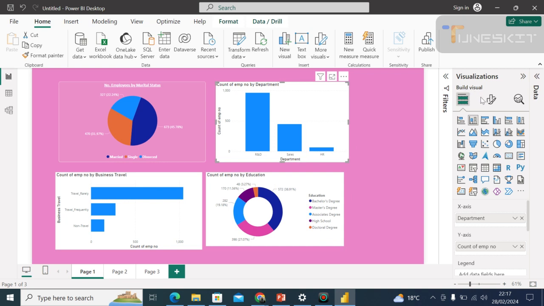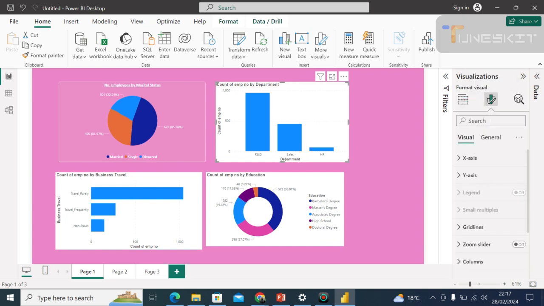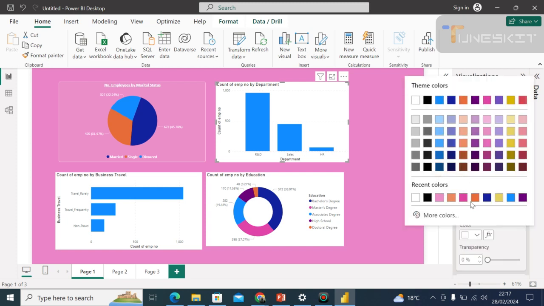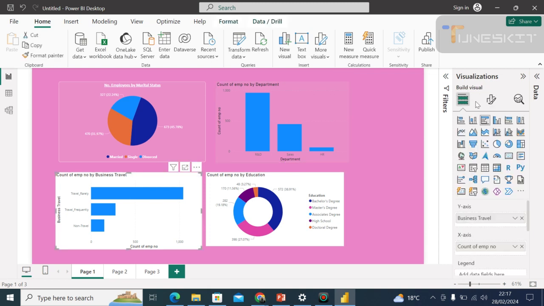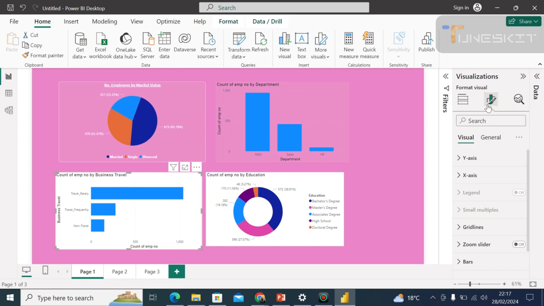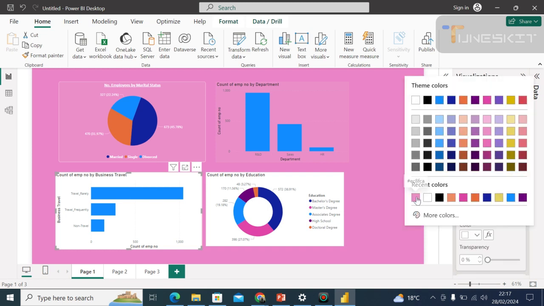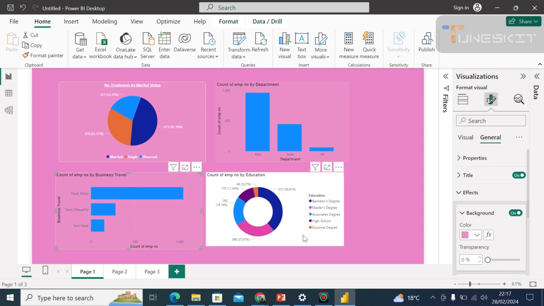So this one we change the effects. Change the effects first. Change the effects. Also applies to this. General change effects. So the background color of each